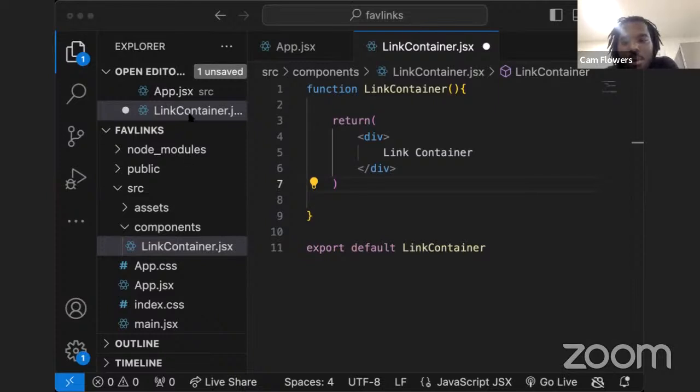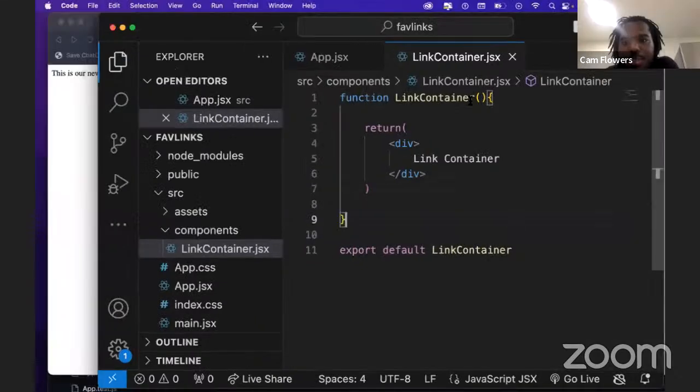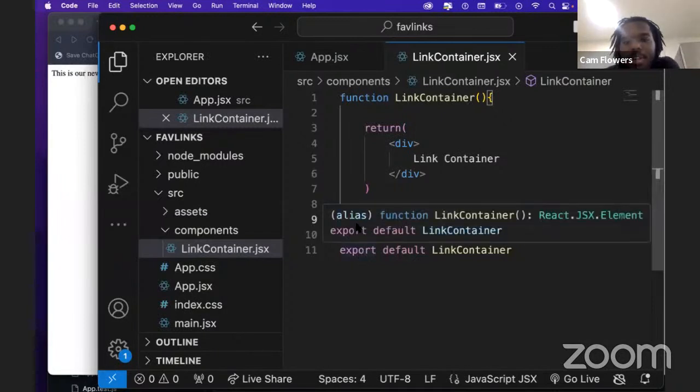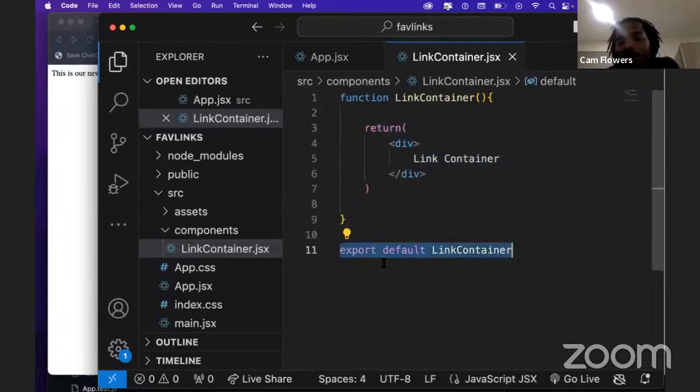So now what we want to do is, now that we have this link container component, I'll make sure I save it. The component itself is everything from line 1 to line 9: these curly braces and the thing that is being returned. The export line, you need the export line here in order to import a component that you're writing in one file to another file. So what we're going to do now is import this link container component